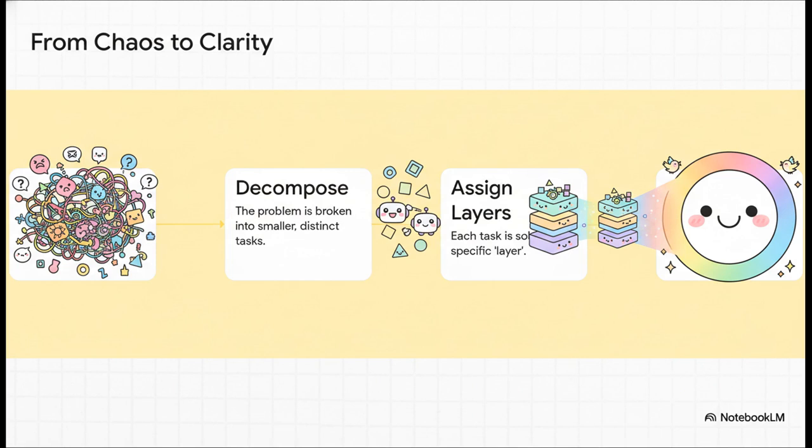This visualizes it perfectly. You start with this giant, chaotic mess of a communication problem. Then, that mess gets broken down into very specific, separate tasks. Each one of those little tasks gets handed off to its own layer, and that layer has only one job to do. When you stack all those layers together, they create this clear, organized pathway from total chaos to perfect clarity. The big problem? Solved.